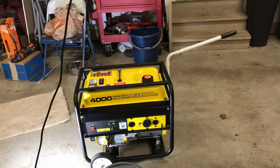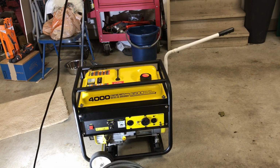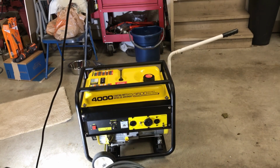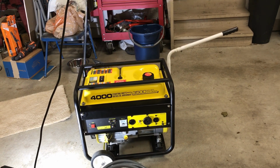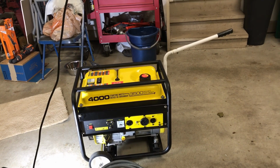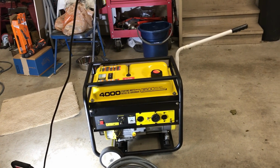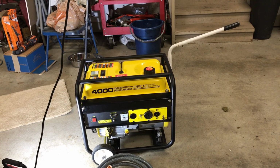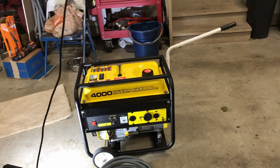They use a GX200 Honda clone, and this particular model has 110 or 220. I just use 110 because it seems like the voltage is a little bit more even. And you'll notice that I have some unfactory options, and sorry, my garage is a mess. I'm in the middle of a few projects, and I tore everything out of a couple different cabinets just to get rid of it. But digressing,